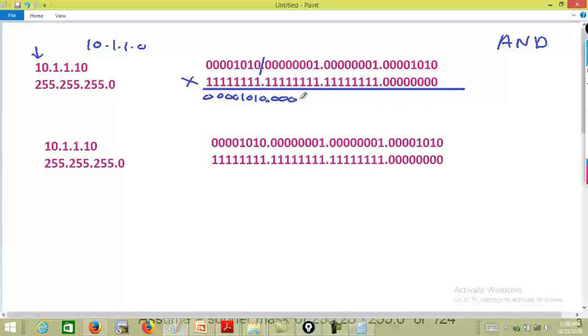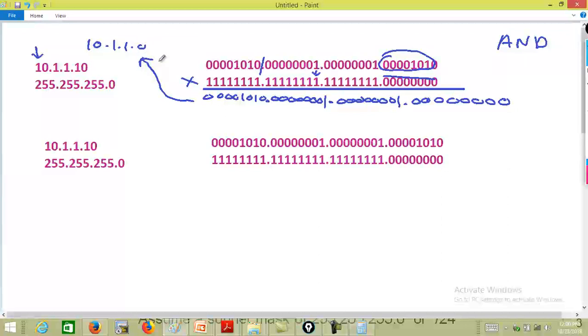So you have 1, 2, 3, 4, 5, 6, 7. The last one, 1 times 1, of course, is 1. A dot, the same thing, 1, 2, 3, 4, 5, 6, 7, 8. This other part will all be zeros, because it doesn't matter if you're multiplying with zeros. So you have 1, 2, 3, 4, 5, 6, 7, 8. If you convert this back to decimal, you'll have that. So this computer knows that it is of the network